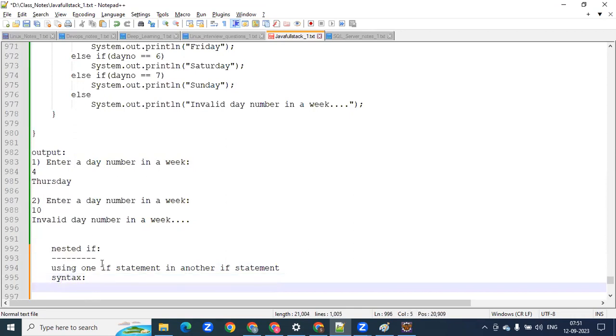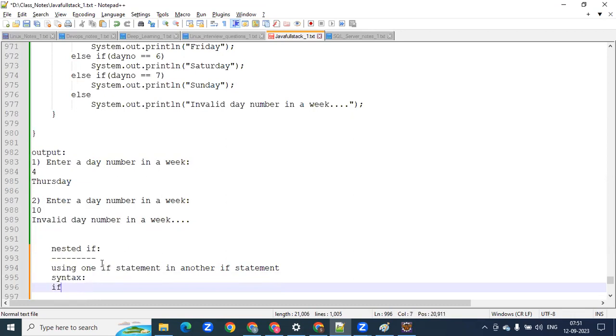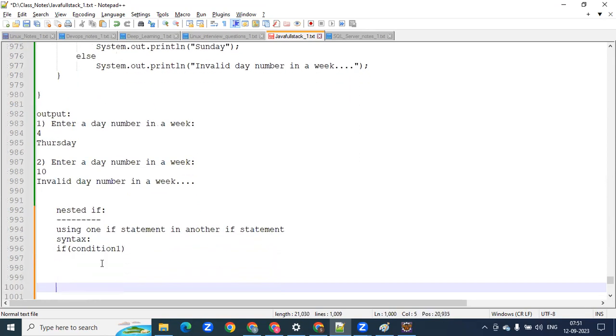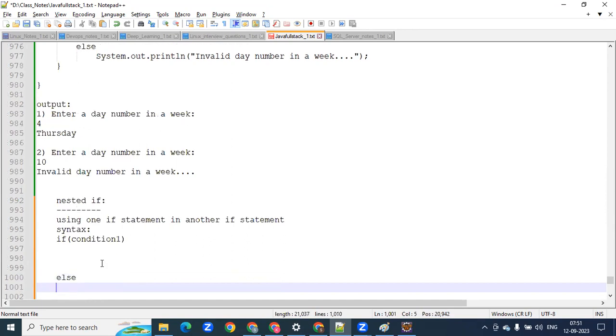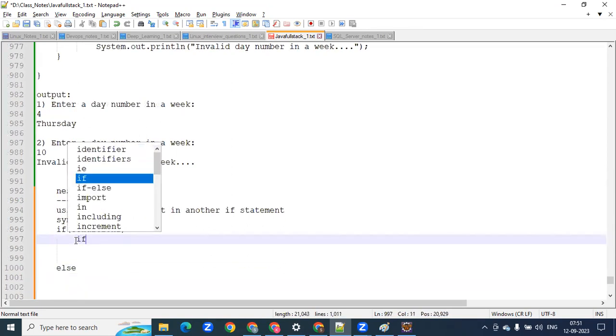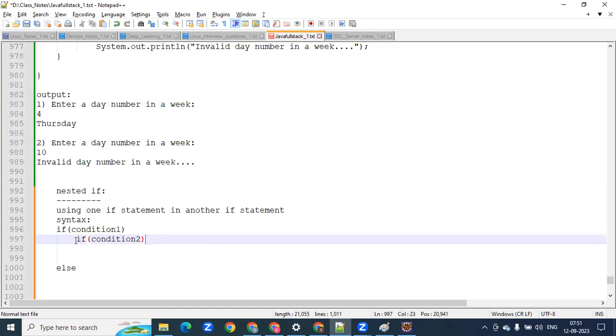The syntax: if, we'll be writing a condition, else. See, within this again we'll be writing one more if condition, that is condition 2. Let's consider